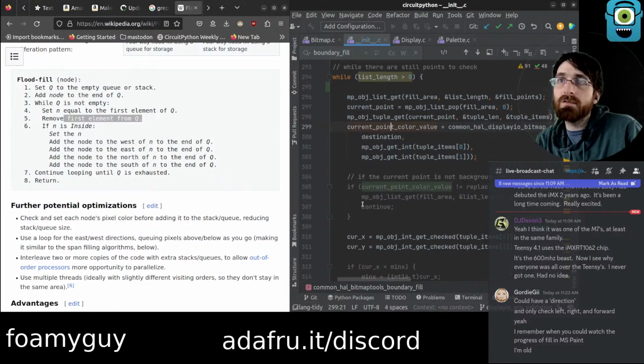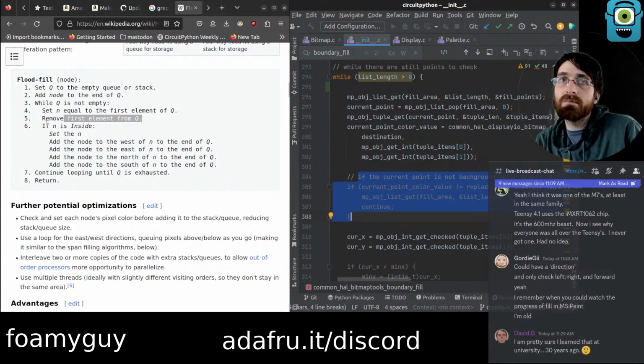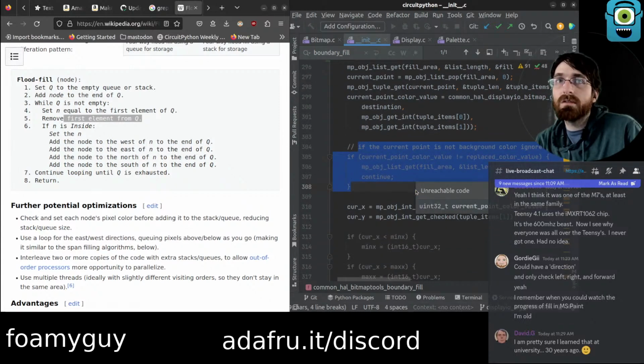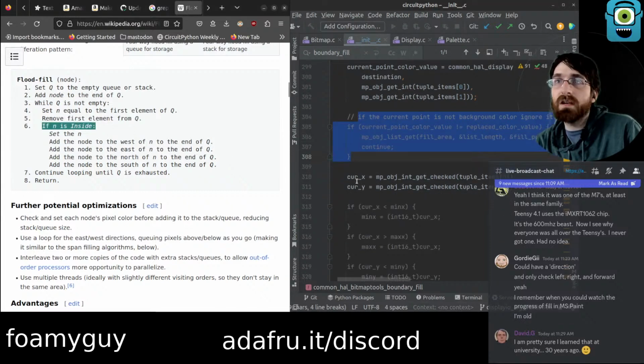Looking up the color value, that's where it's skipping if it's already been filled, which this actually doesn't have, but this one does. If n is inside,